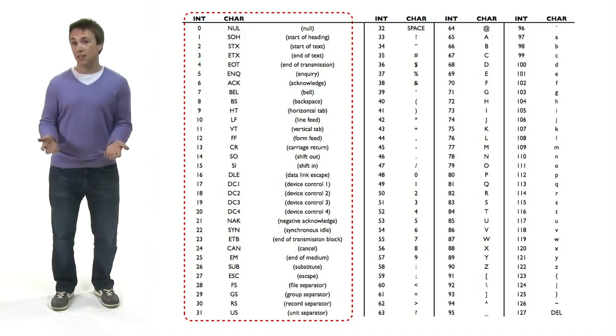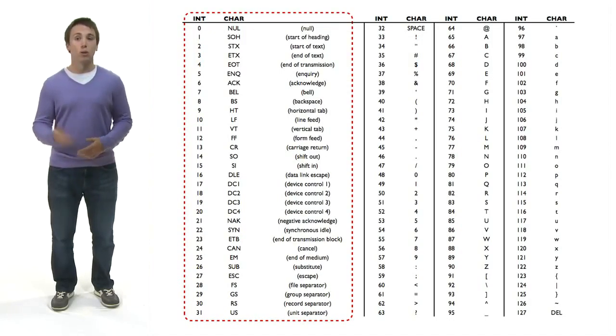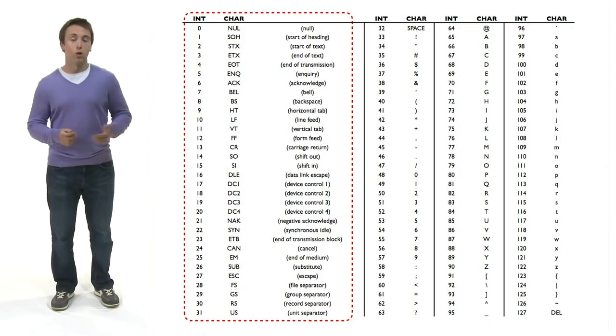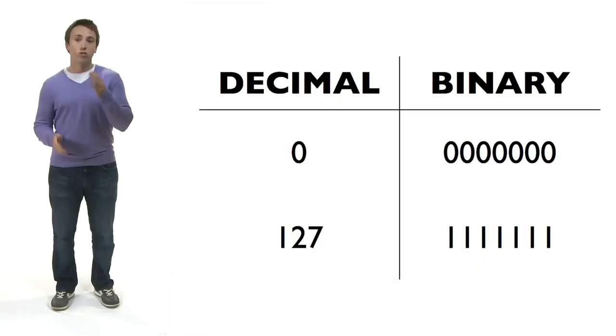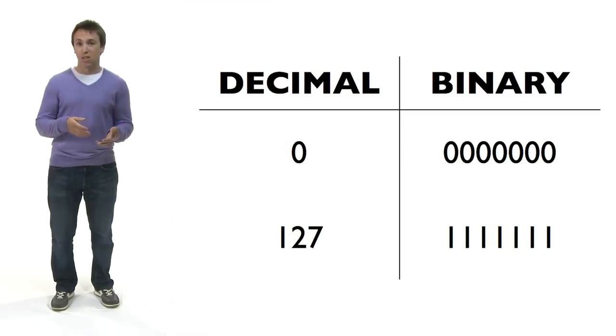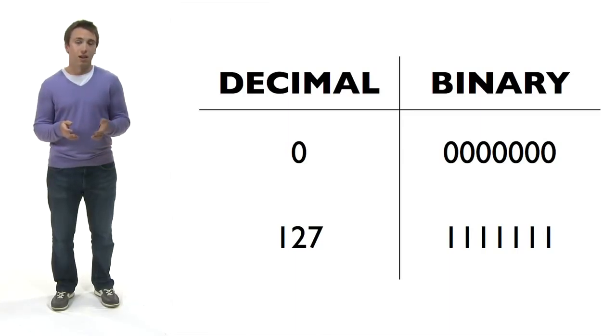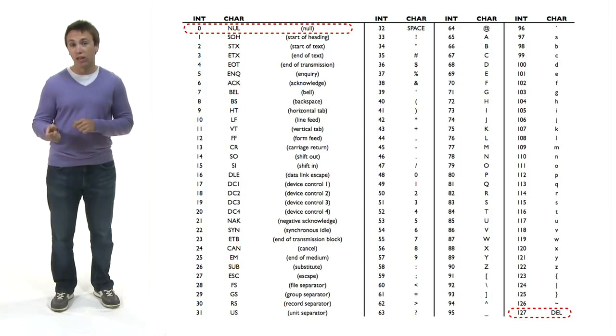So if we look at an ASCII table, we see that the first 32 numbers, 0 through 31, are reserved for control characters. But we just said that there were 33 control characters. What's the deal? Well, the numbers 0 and 127, the first and last of the ASCII set, have special bit patterns, all zeros and all ones, respectively. The designers of ASCII decided, therefore, to reserve these numbers for extra special characters, namely the null character and the